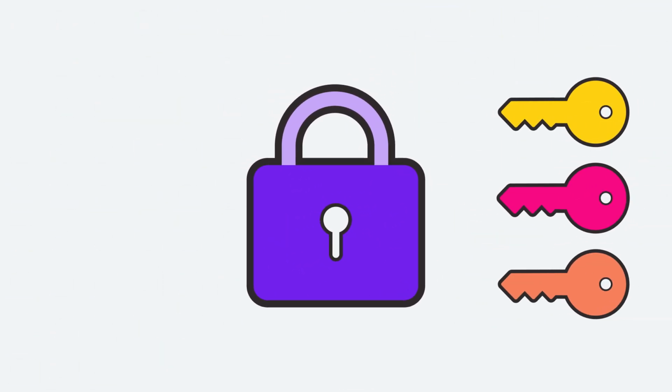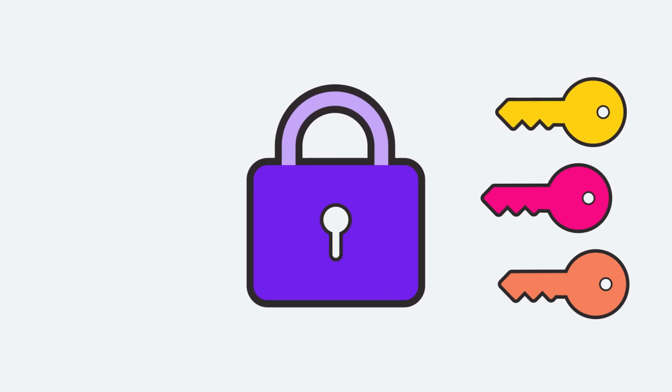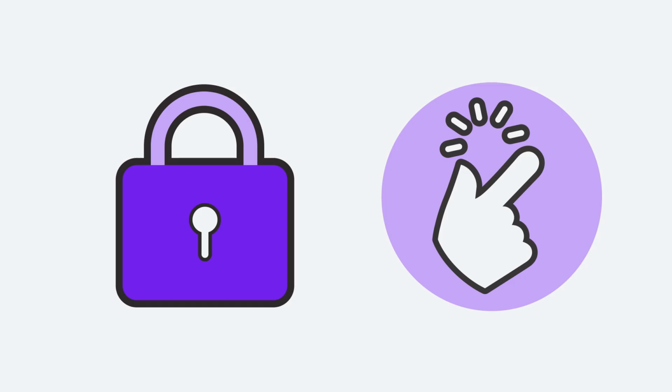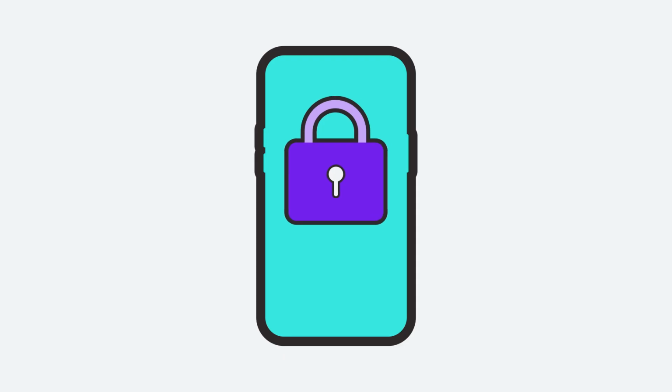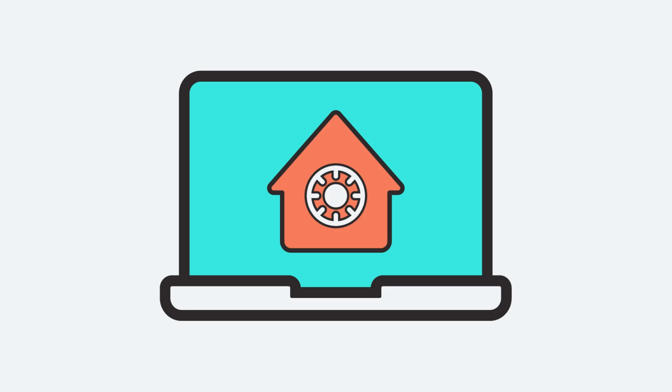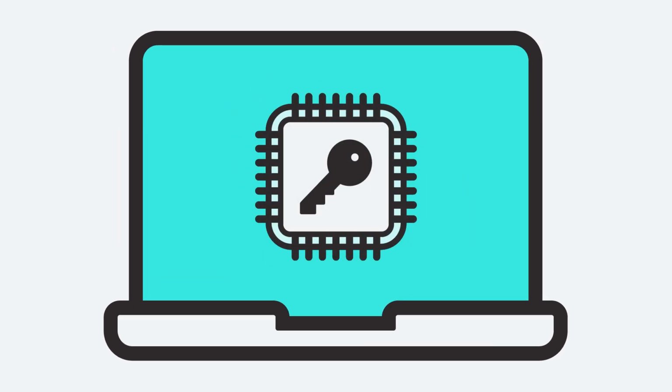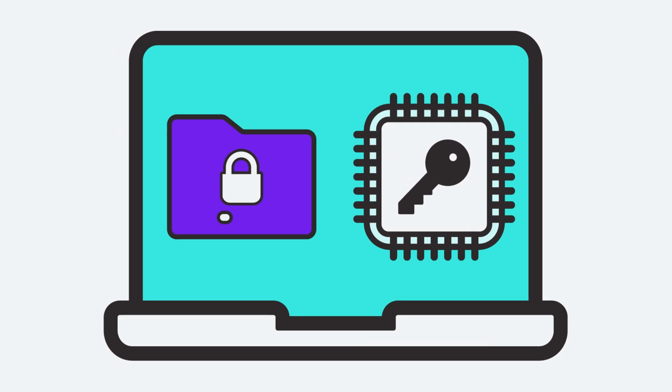Encryption ensures that even if attackers gain access to data, they're unable to view its contents without the correct key. Like any security feature, it's important for encryption to be a simple process so that it's easy and effective for users. For mobile devices like iPhone, enabling encryption is as simple as setting a passcode. For Mac, encryption can be enabled by activating FileVault, either during Setup Assistant or later within System Settings. To support encryption, Apple devices contain dedicated AES-256 crypto engines, which encrypt and decrypt data in real time, ensuring users don't experience delays when using their device.